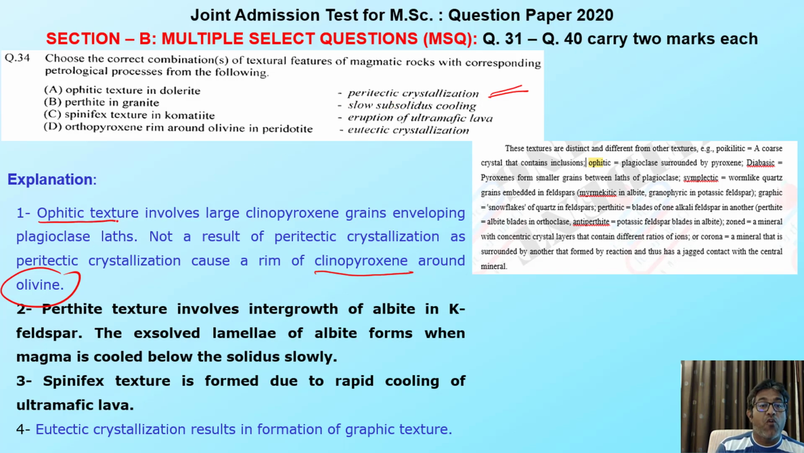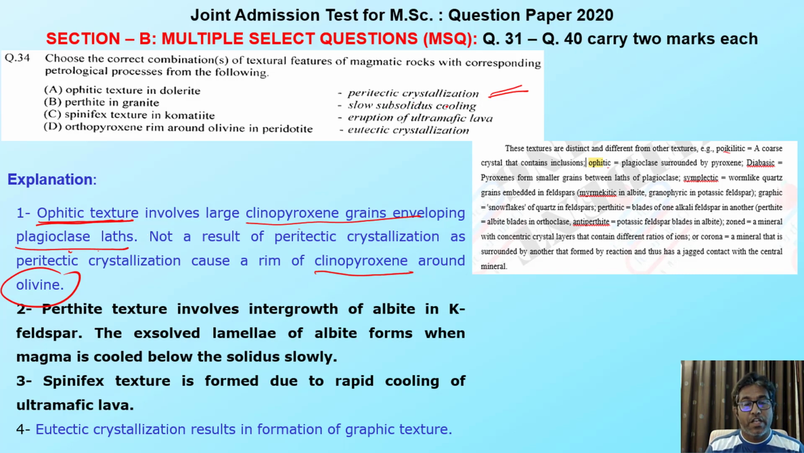What is ophitic texture? You know that it involves a large clinopyroxene grain enveloping plagioclase laths. This is a very simple definition. Along with the ophitic texture, we have poikilitic textures, then diabasic textures, symplectic texture, and mimetic texture. All these textures are there. So ophitic texture involves a large clinopyroxene grain enveloping plagioclase laths. This is not related to your